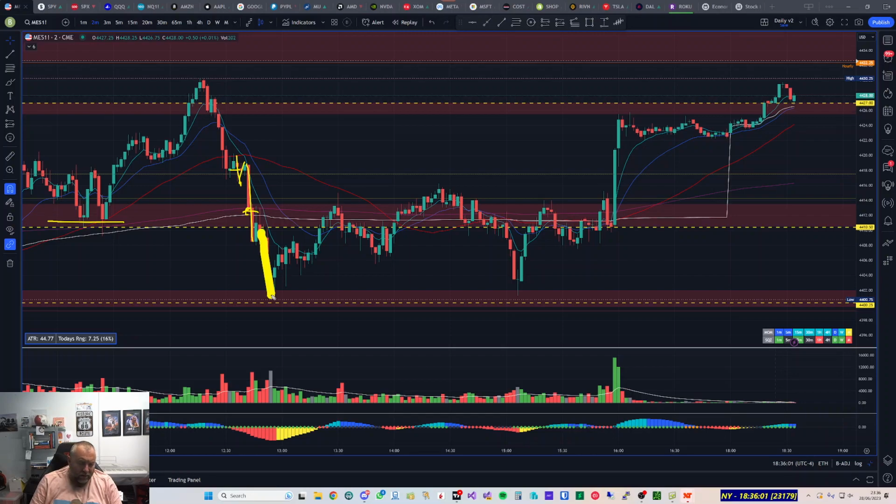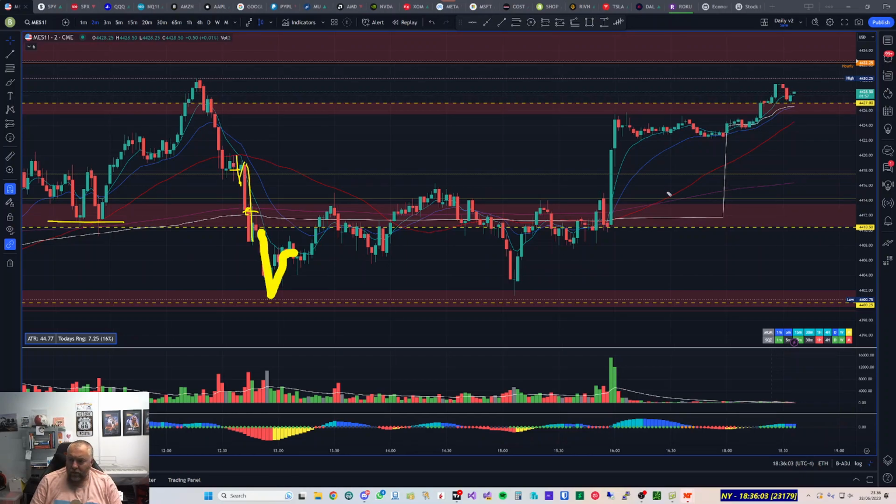As it came down, I saw it hit the bottom. So I made it bigger like that. So it came down, hit this 4400 bottom, which is what I've been watching for. Maybe I should have got out there. I should have really got out there, but I got a bit greedy, and in the end I got out.